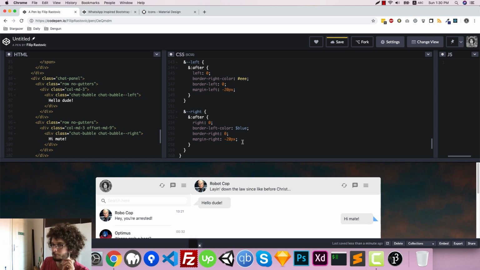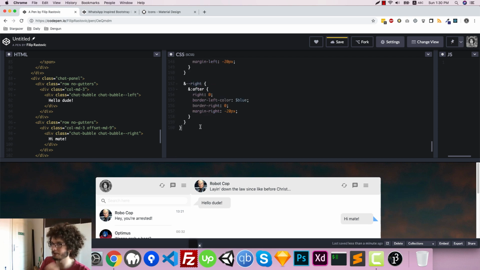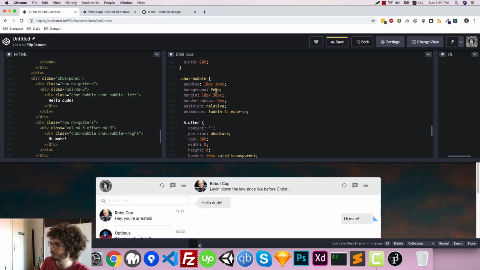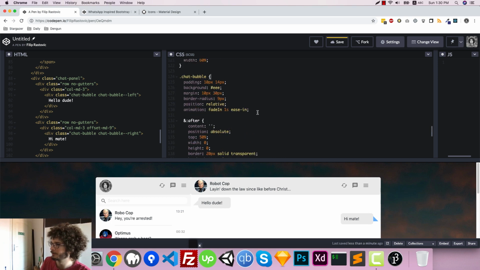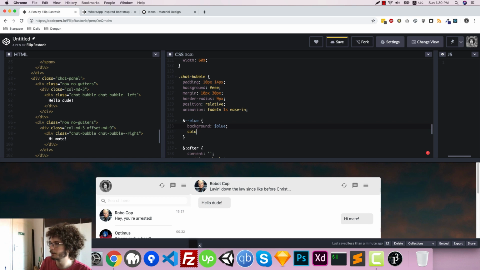So we can do it in a few different ways, but let's say we have like a blue, actually let's nest it right here so we don't repeat a chat bubble, and we just say blue, and it has a background of blue and the color of white. So we just like have to add like a chat bubble blue,